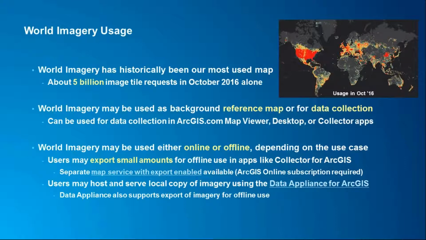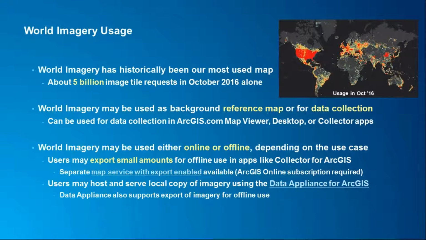The World Imagery Map is designed to be used as a background reference map that you can use for a background layer for many types of information that you might overlay. And it can also be used for data collection. There are a variety of applications that you can use to perform data collection using our imagery map, including the ArcGIS.com map viewer if you're using ArcGIS Online, ArcGIS desktop applications such as ArcMap and ArcGIS Pro, and also mobile applications like Collector for ArcGIS can take advantage of the imagery to collect features that you can visualize in the